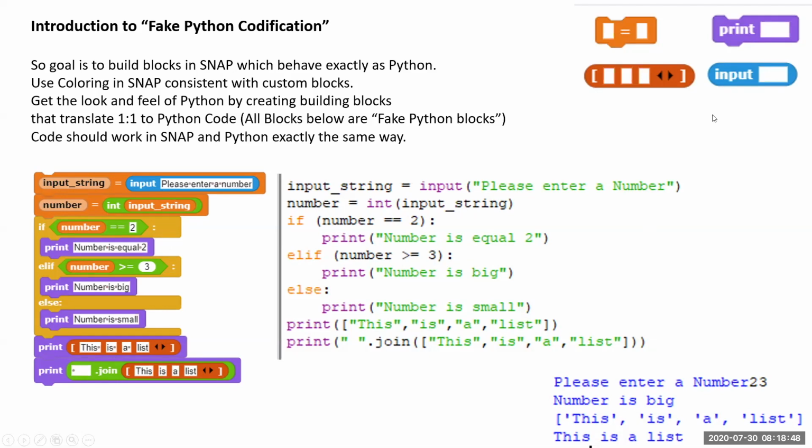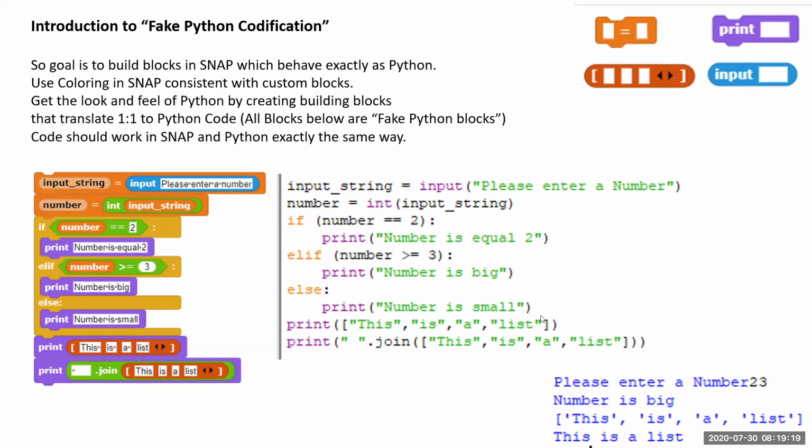So that is what we have built, blocks which we call fake Python blocks, because it's not Python, it's Snap, but they feel and behave exactly like Python blocks. And the purpose is to create Python code which runs without changing anything, directly out of